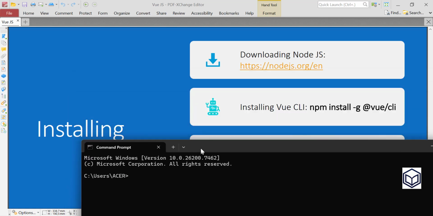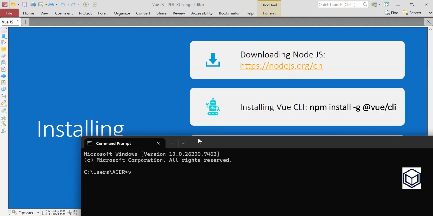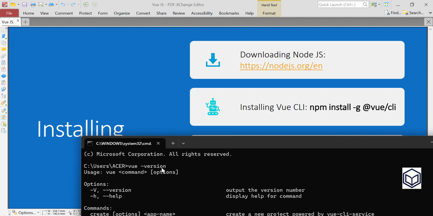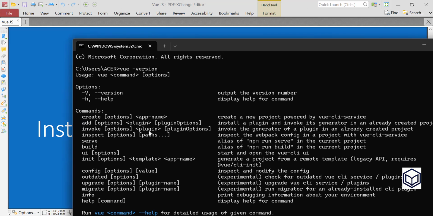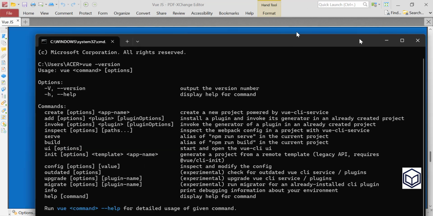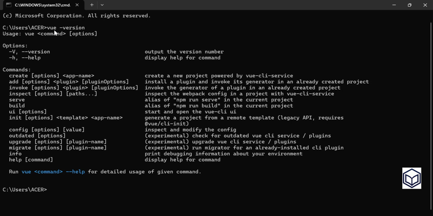But I want to check my Vue version. I'm sorry, we must use double dash, dash dash version, to see the version of our Vue.js.